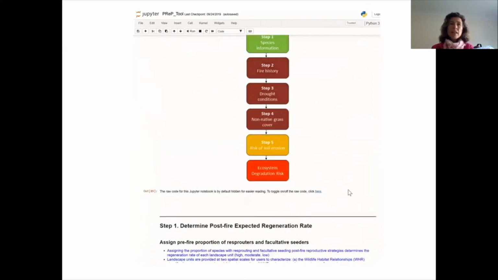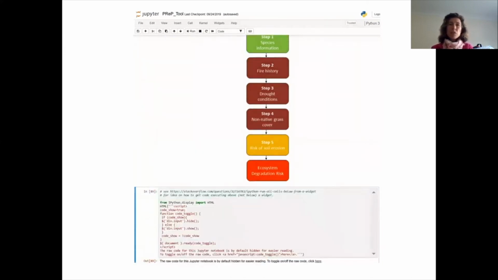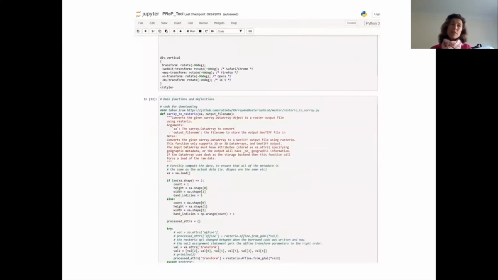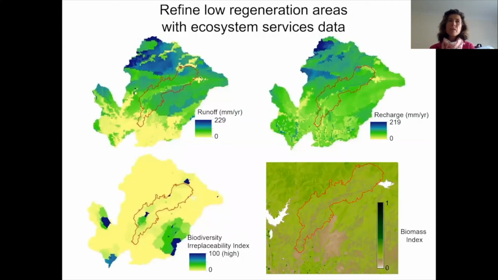So what we've done is to make the code for the tool readily accessible to the user, so that if certain things needed to be modified, for example, the scoring system might need to be modified if the tool is applied to shrublands outside of Southern California, then this can be done relatively easily. So the idea then is that the tool can be run on an individual's laptop with basic technical experience. And just to finish off then, I'd like to show just a couple of slides relating